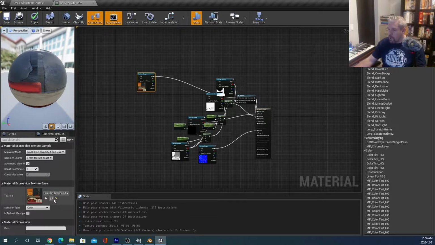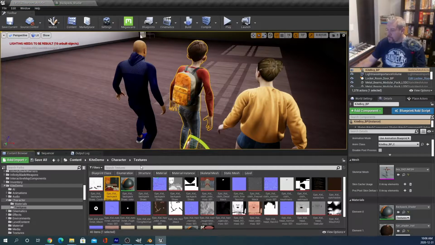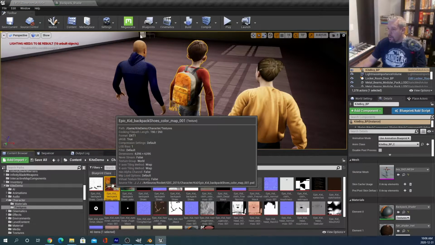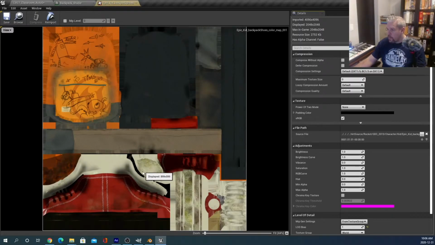So I'm going to hit this magnifying glass to force the content browser to bring that up. And you see it's got it selected in the content browser when I hit that magnifying glass. So I'm just going to double click on this texture and see what's there. Just looking at this, you can tell right away, it's just a flattened 2D image, and we're extracting information out of this 2D image and applying it to a